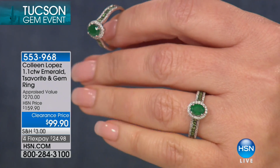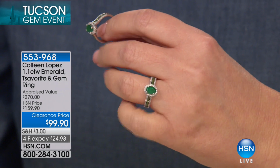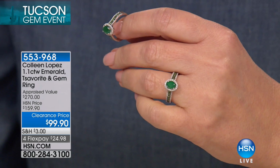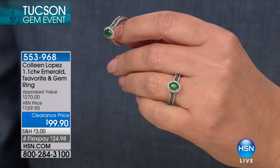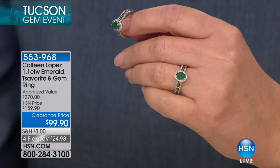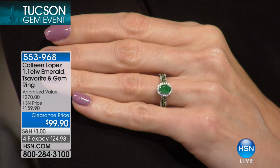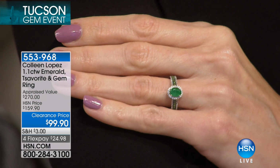It's classy and classic. It's not too big. You'd wear it all the time if you want to. It looks beautiful on the hand, and I promise you, it looks a whole lot more expensive than $99.90. That is for sure, and that's 553-968. If you're ordering yours, I think you're going to be delighted with this one. I think you're going to be really tickled when you see that in person. All right, just to remind everybody, we don't have another